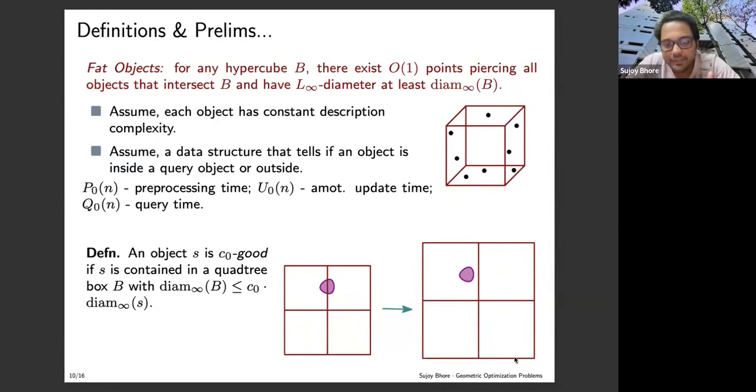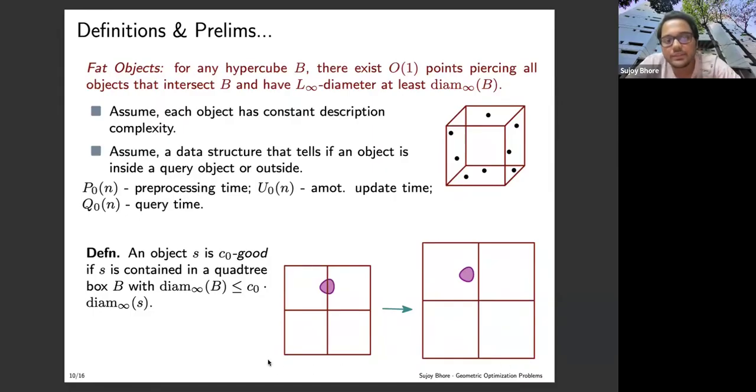But then there are objects which overlap the boundary, and they are problematic because in the charging mechanism they can be charged in multiple ways, since multiple cells share the boundary. So we want some sort of goodness factor to be maintained,